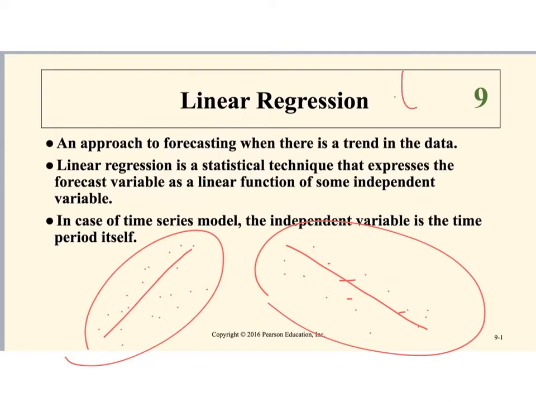It is time. So using linear regression, when you see a trend in observed data, is to assume that you can draw a line that can be used to predict the value of these forecasts, the observations, and then